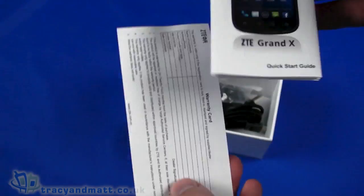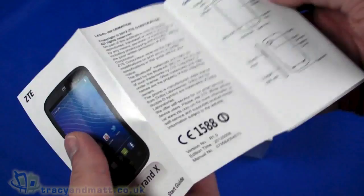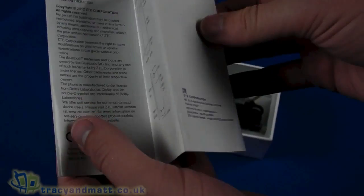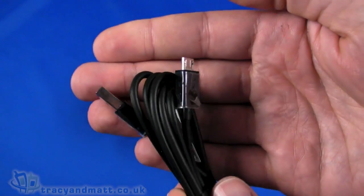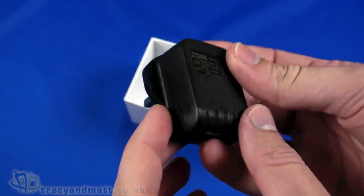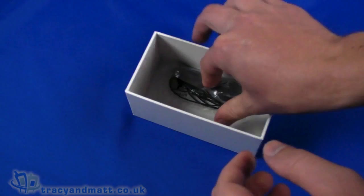the quick start guide and the warranty card. The quick start guide is very thin and very straightforward. It seems to cover only the basics, including installing battery, SIM card, memory card and that kind of stuff. We have a USB to micro USB sync charge cable, nothing unusual about that. We have then the charger, obviously the UK 3-pin plug, which has a USB socket on the top, for charging, and then